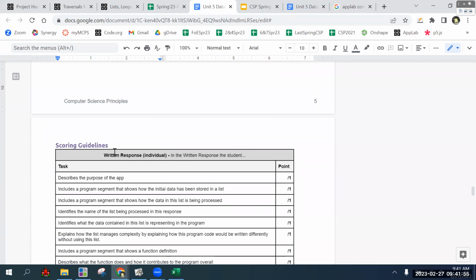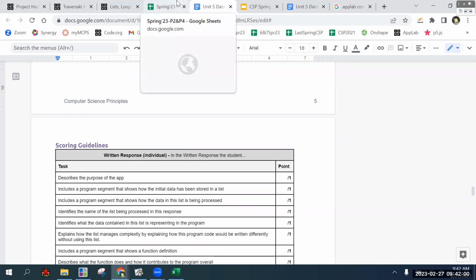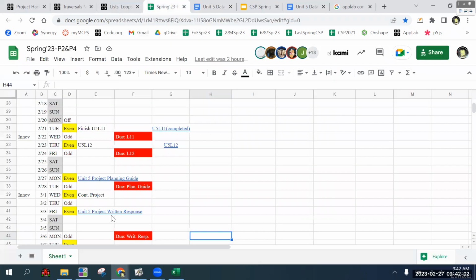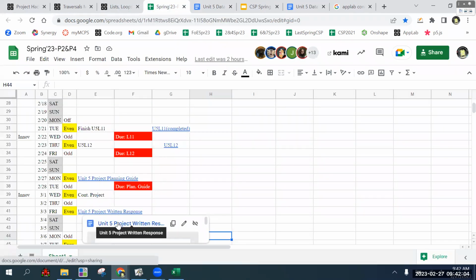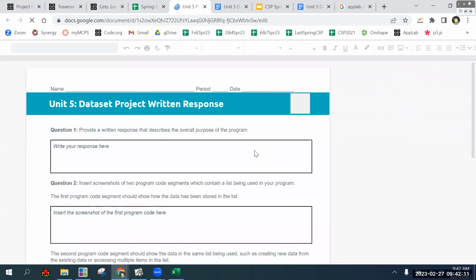Okay, so the scoring guidelines, this is technically for the written response, which is the other documents, which we will talk about a different day. But this is sort of the way this written response document is designed to get you ready for the actual